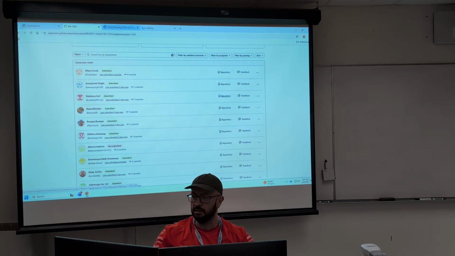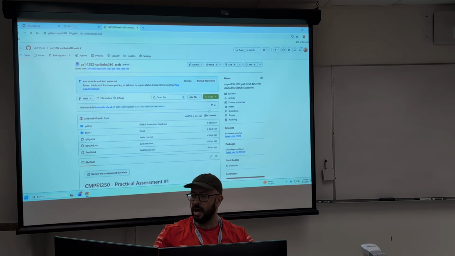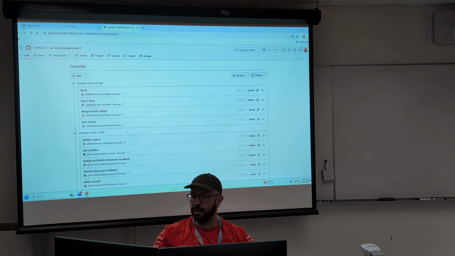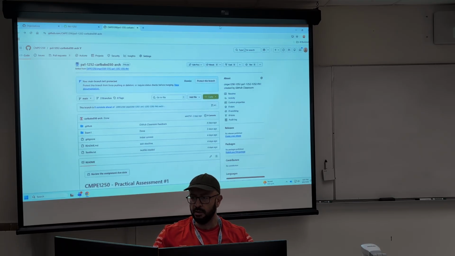Again, we're going to check Carl. And we have exam one and we have the commits here, see? Part A done, merge, part C done, whatever. So go into your repo and check. I know that there are some repos, I don't want to give names, but I know that at least one person in this room doesn't have anything committed. So that means that you probably committed to a detached branch or something happened, so the code is still in the computer.